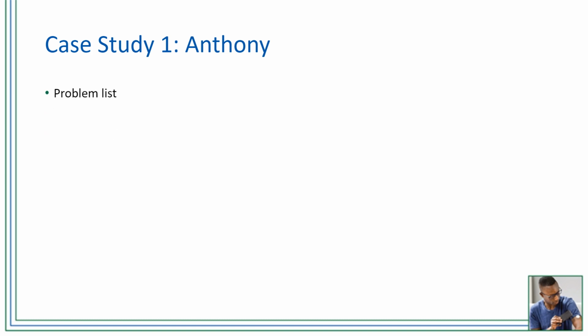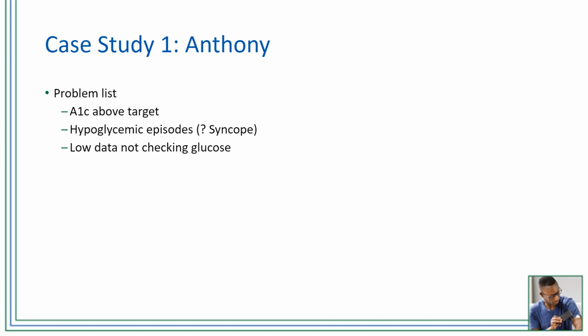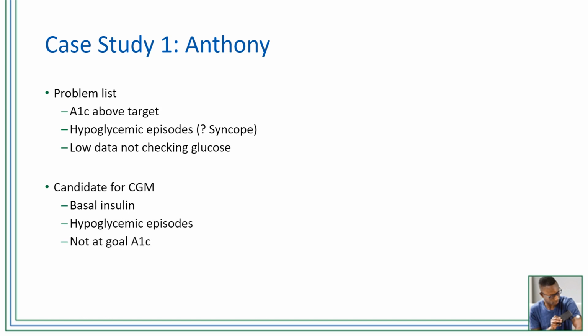Okay, problem list. Where do we start? A1C is above target. He's had these questionable hypoglycemic episodes, 2 documented, 1 maybe questionable. He's got low data, so we don't have the information, and he doesn't have the information. He's a candidate for CGM because he has basal insulin, he has hypoglycemic episodes, and he's not at goal for A1C. This is the kind of patient where I'd think, this is a great place to start, a great thing to give him to help with all the issues on his problem list. So we give him a professional one, he wears it for 14 days,